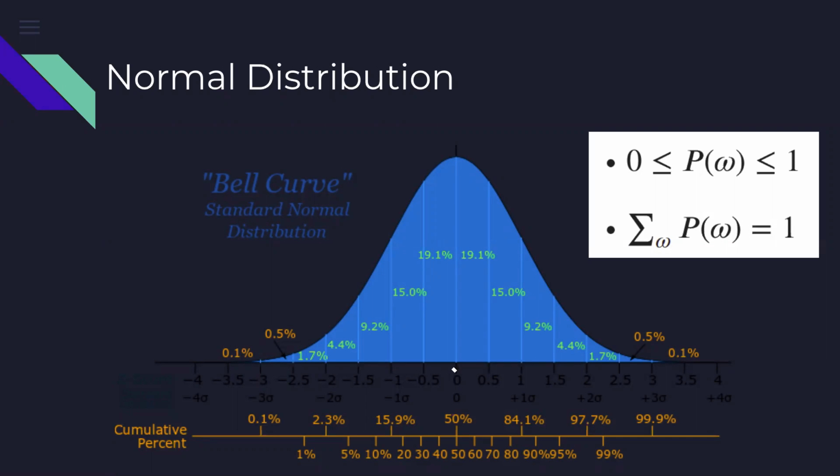Then as we move to the left, that is, as we move from 0 to -5, the frequency or the count of those data elements continues to go down. So if we take the example of our time taken from home to office, this peak would be half an hour, because that is the most frequently occurring time. Most of the time I take half an hour, so this peak will actually be half an hour.